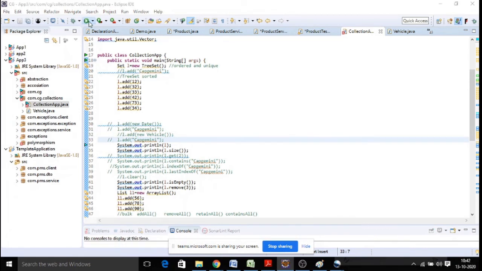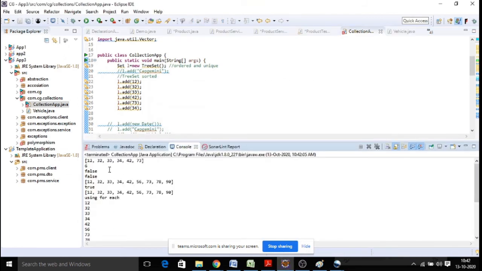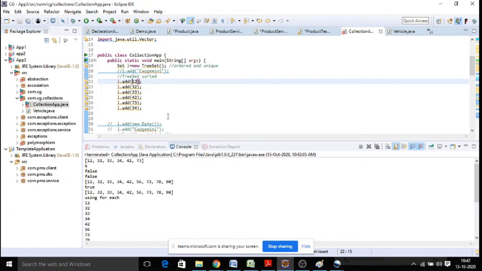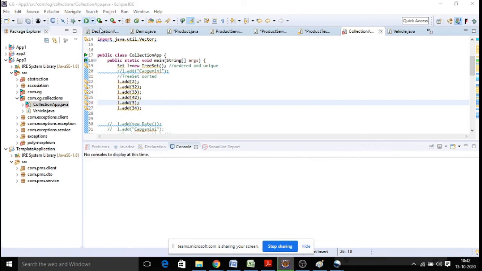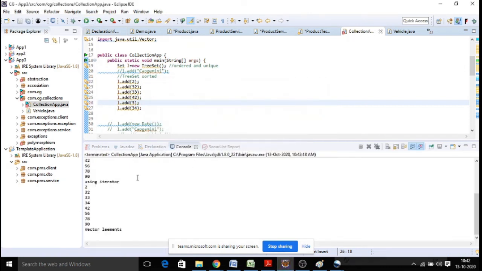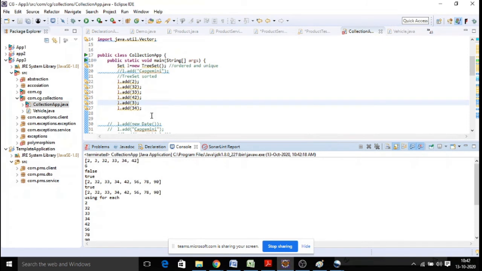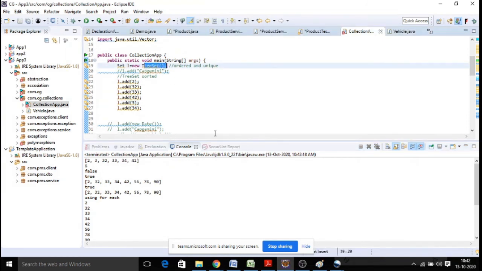Now when you run it, it will auto sort the elements and you will get them in a sorted manner. Suppose I change the order again, I'll make it 2 and here I make it 3. Now again it is sorted automatically by tree set. This is called the auto sorted collection class, tree set.